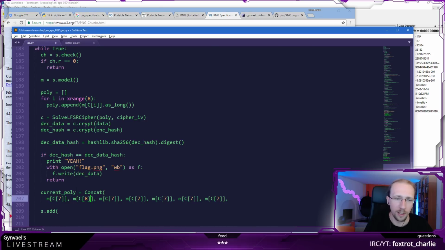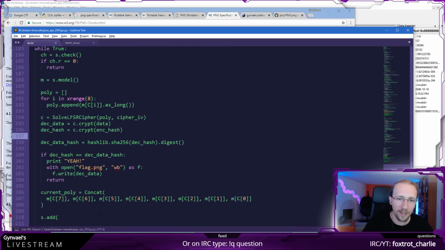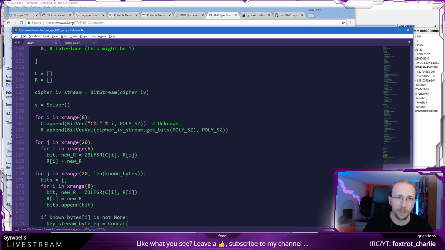So I'm just going to concatenate the polynomials to form a really long register. This is fine. And I'm going to do exactly the same, but not on the current polynomials, on all of the polynomials.